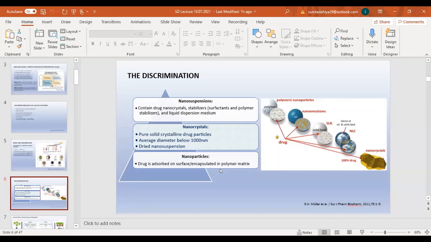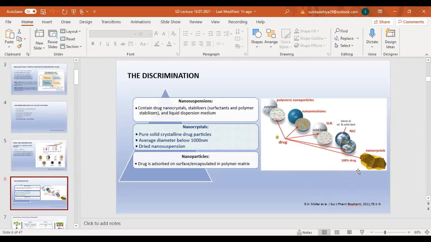However, when you expose the nanosuspension to the solidification process, there are other parameters and you must check that the particle size should not be changed. And when you solidify the nanosuspension to achieve the solid nanocrystals, they can then be incorporated into various pharmaceutical dosage forms like tablet, capsule, etc. Right? So the limitation of nanosuspension is that it is in liquid form, so sometimes it is hard to formulate it as a tablet. Whereas when you convert the nanosuspensions into the dried nanoparticle, they are known as nanocrystals.